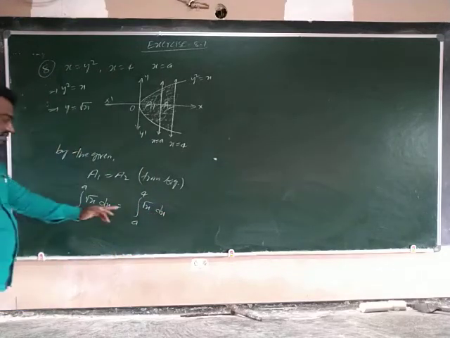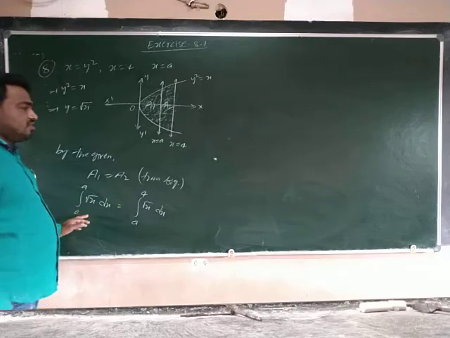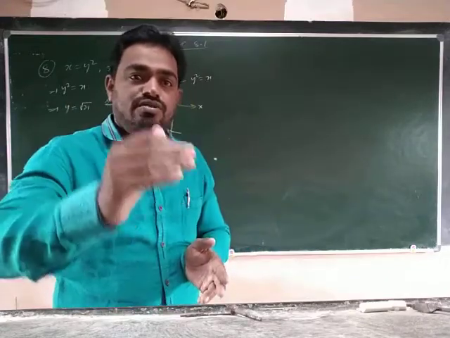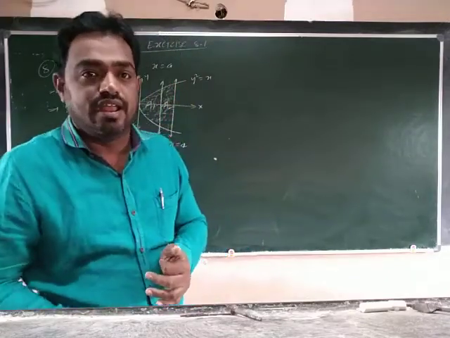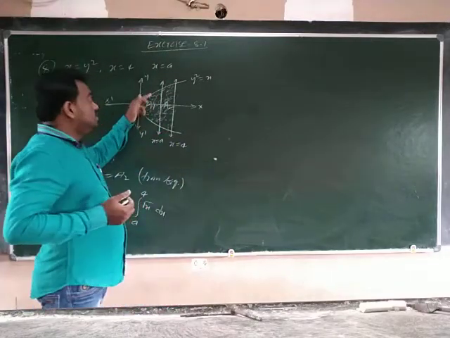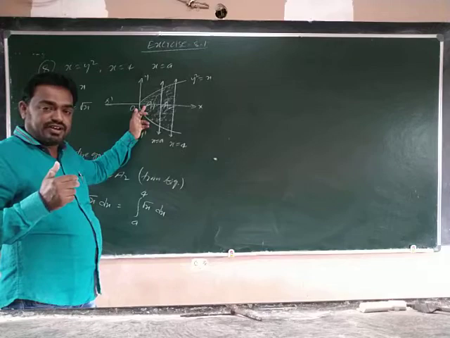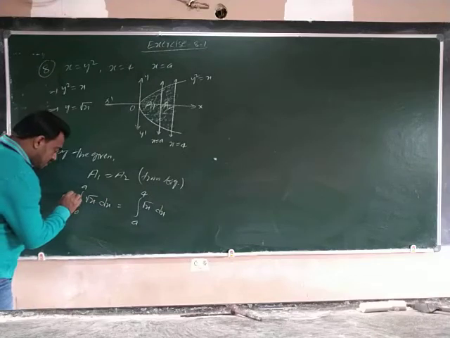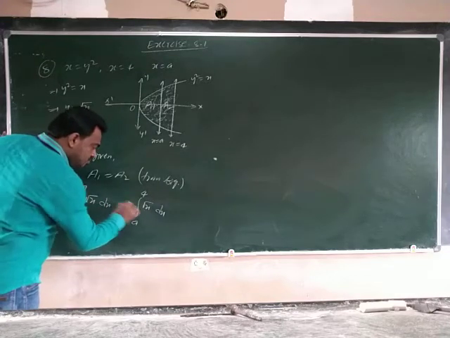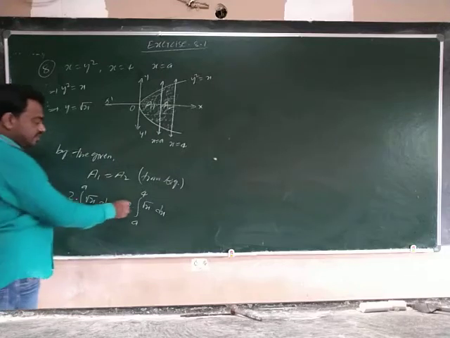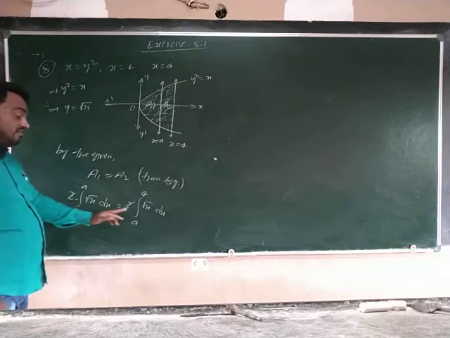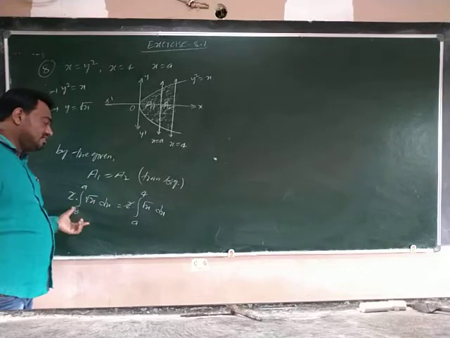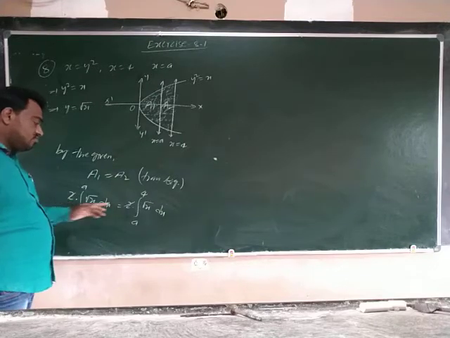If we write like this, we are getting integral a to b f of x dx, which means the area bounded by f of x, x equal to a, x equal to b, and the x axis only. But here there is area above the x axis and below the x axis, A1 and A2 also. So for both sides you take 2 times, then we cancel these two later. But you should write 2 times. If you write the answer without 2, it is not the answer. So you take 2 times, later you cancel that.